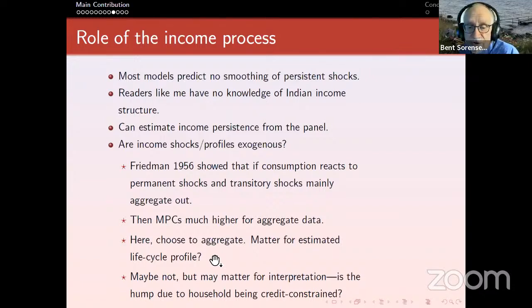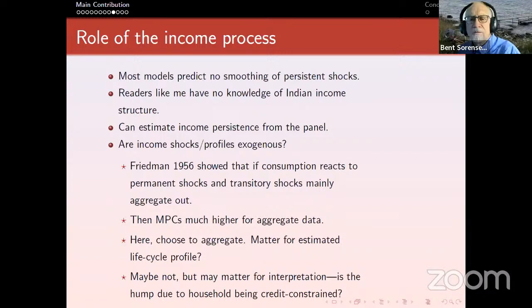So that's something you choose to do by creating the pseudo panel. We wanted to see a bit more about how people are able to smooth. You could look at how consumption reacts to temporary transitory shocks. So I don't know. This is something that matters a lot if you wanted to estimate MPCs. In terms of estimating the hump in life cycle consumption, maybe it doesn't matter so much,